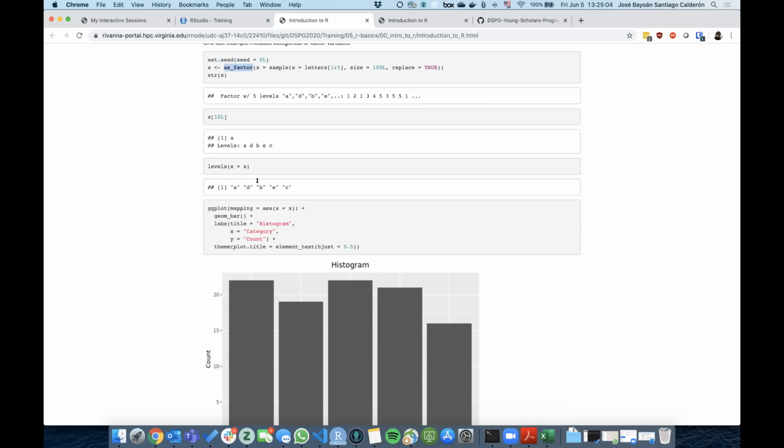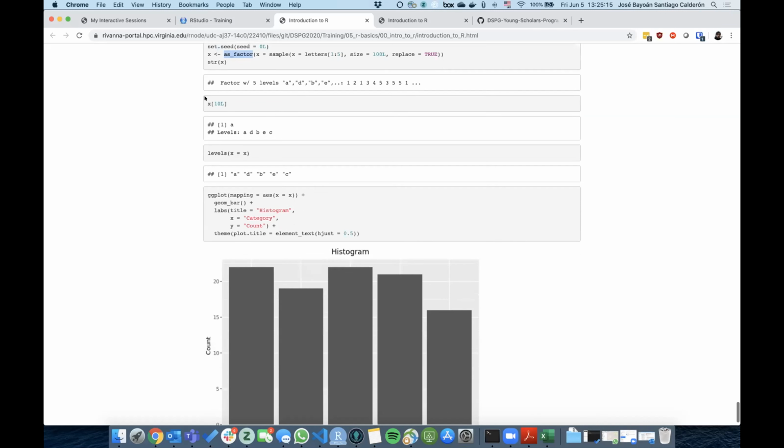I'm creating a factor, which is an efficient and nice implementation of a vector that has few unique values and many repeats. And I can access that. It will give me labels, basically. So here are the elements, unique values, and I can use that to, for example, create a histogram